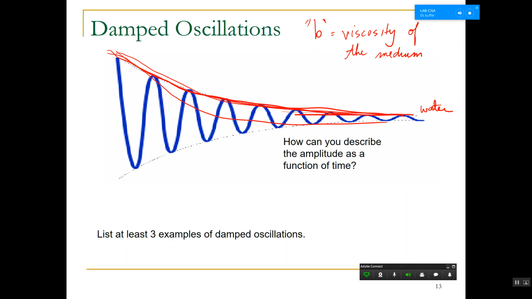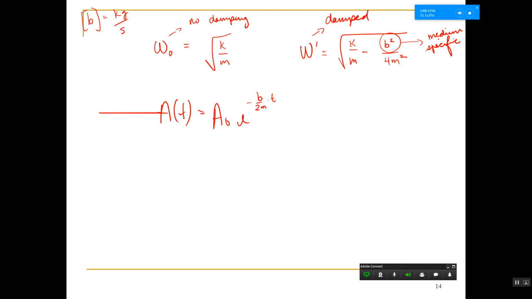Using this equation, you're able to find this line that I drew here. The equation of that line is described by this formula that I'm describing here. And you can see that b plays a role in it, right? And the higher b is, the more rapidly that amplitude is going to go down, right? That's that coefficient. If you remember your exponential laws from high school, that coefficient there decreases or increases the steepness.